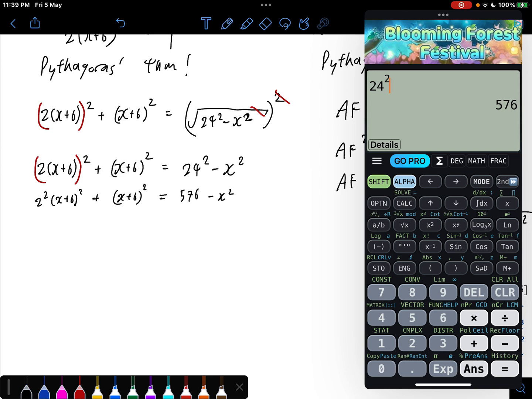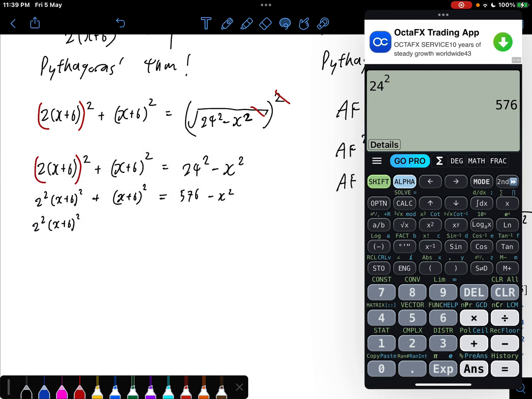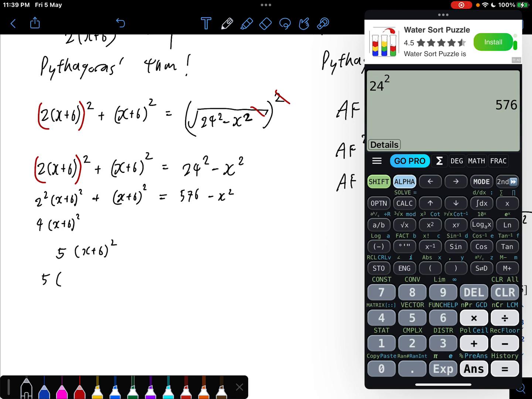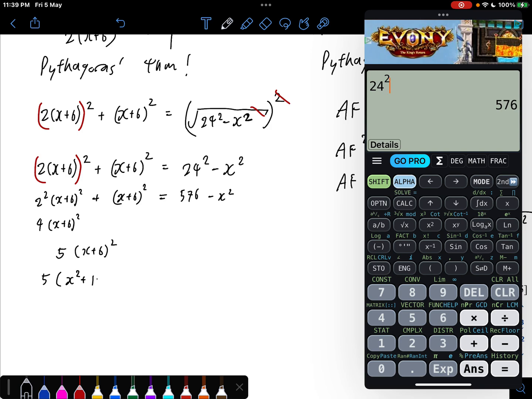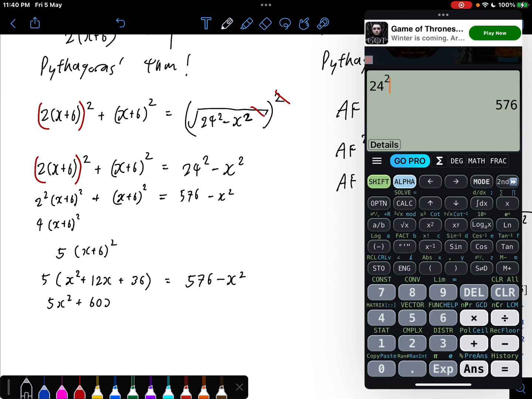This guy, I'll be a bit clever here and simplify this 2 square x plus 6 bracket square as just 4 x plus 6 square. And then I realized that it's just 4 copies of apple plus 1 apple, where the apple is x plus 6 bracket square. So it's really just 5 copies of x plus 6 bracket square. Right? And I can expand the x plus 6 bracket square, so I get x squared plus 2 times x times 6, which is 12x, plus 6 squared, 36. Okay, I'm going a bit fast. Hope you're not lost with this part here. Multiply the 5 in, I get 5x squared plus 60x plus 5 times 36, 180 equals to 576